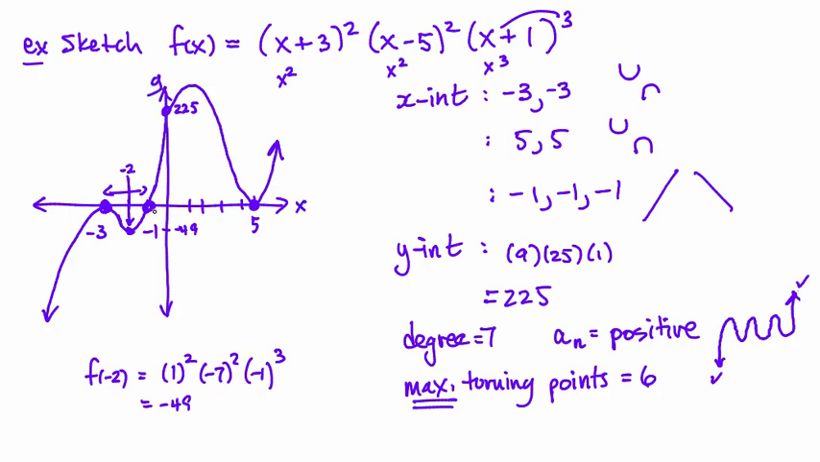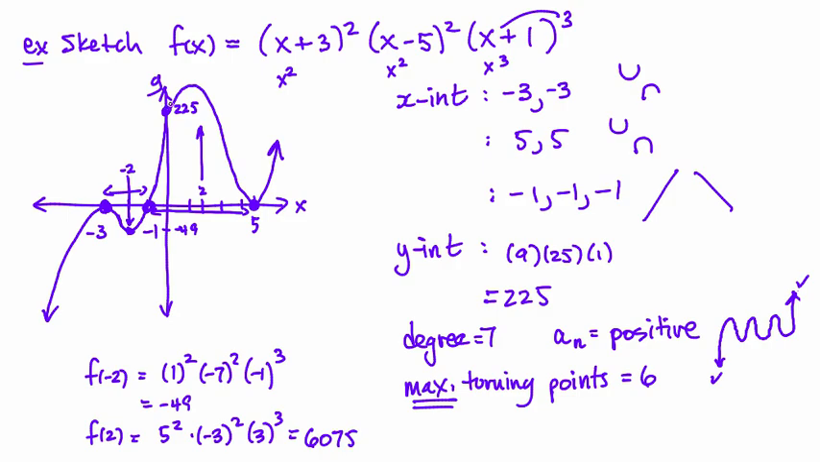Then I could check between 5 and negative 1, the average of them, add them together is 4, divided by 2, is 2. So I could check, maybe there's a high value around 2, and I could check f of 2. I should get a very high value for this, so I get 2 plus 3 is 5 squared, and then I get negative 3 squared, and then I get 3 cubed, and this is a very high number. In fact, I get about